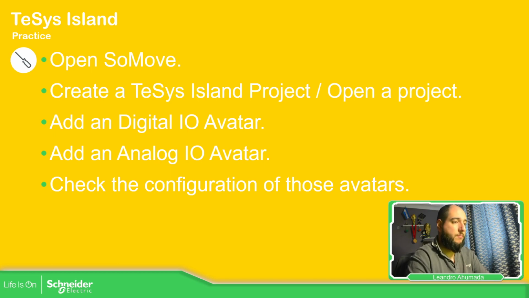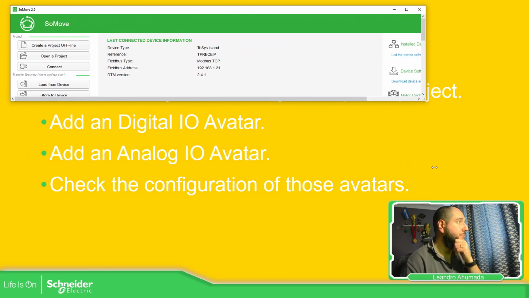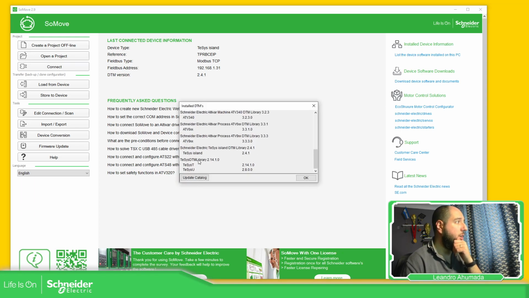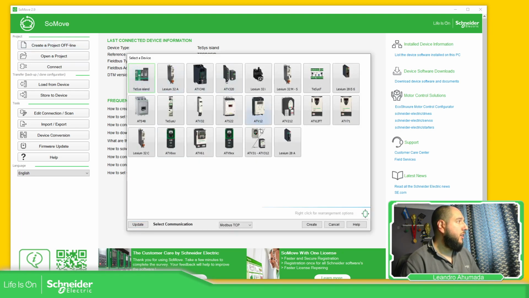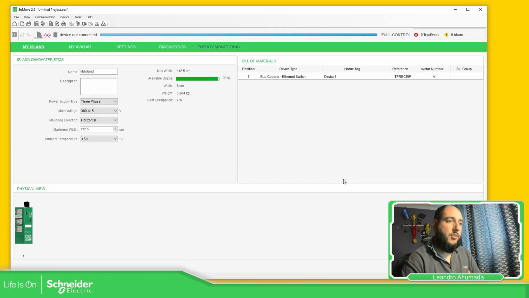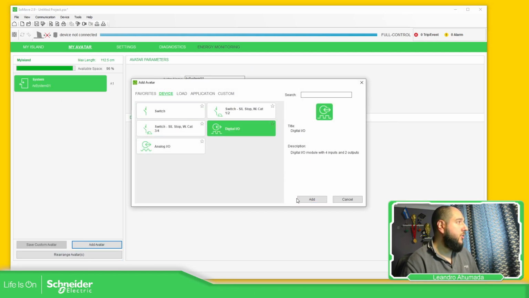Let's open SoMove so I can show you this. So my other window, drag and drop it over here. Good. So here in the top, check which is the DTM. Make sure that it's always updated, just for compatibility things, but I believe I've already explained that in the other videos. Create offline project TeSys Island, we create the environment for us to configure the TeSys Island project. Here in my avatar, add avatar, digital I/O,